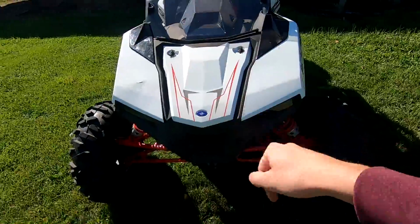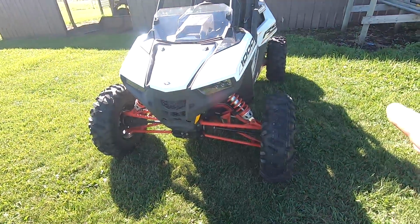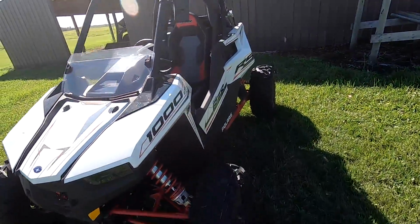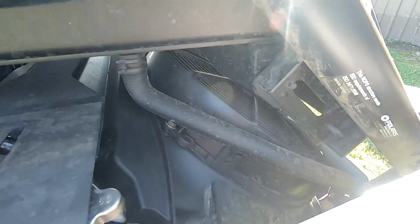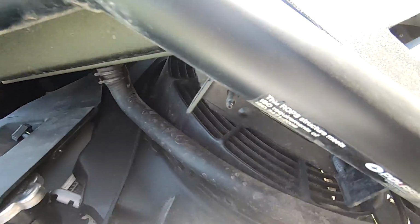Yeah, and I like how they have the cooler under the hood. That's super awesome. Everything's in a super nice spot, even with your rad behind you. Under here, they stay pretty nice. So yeah,